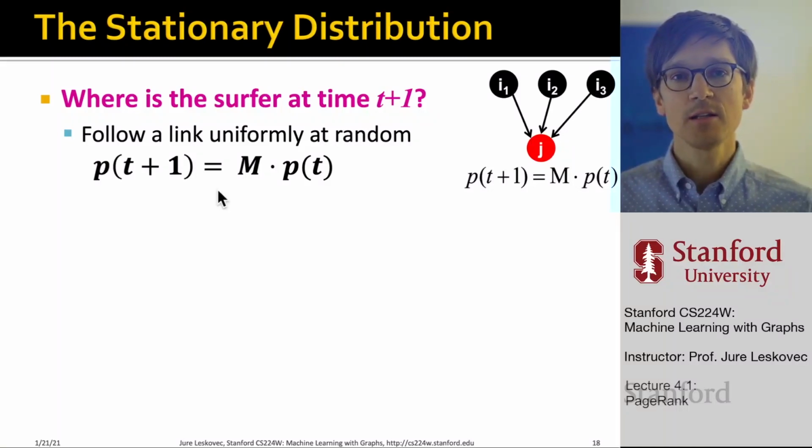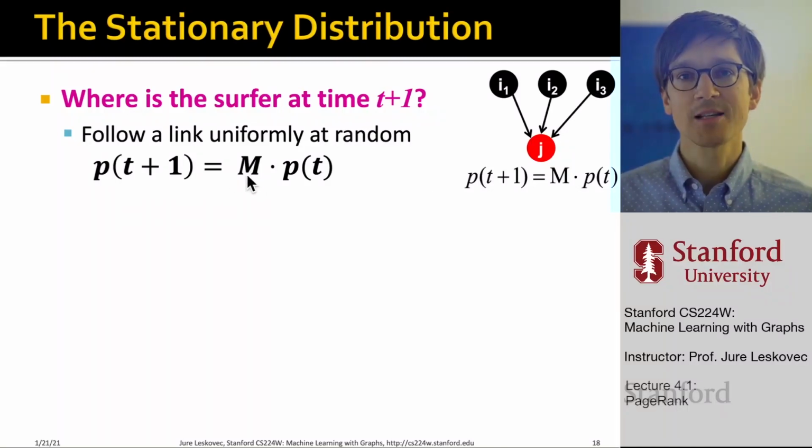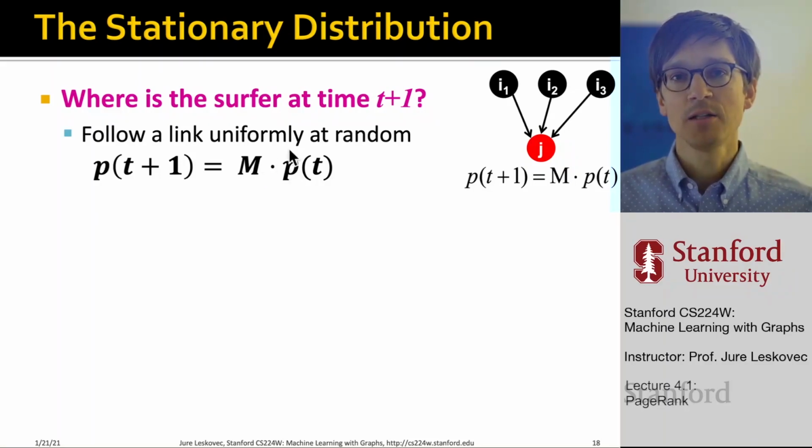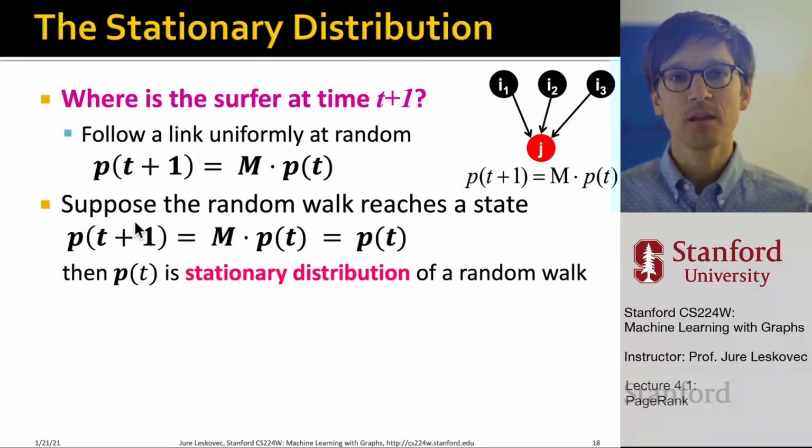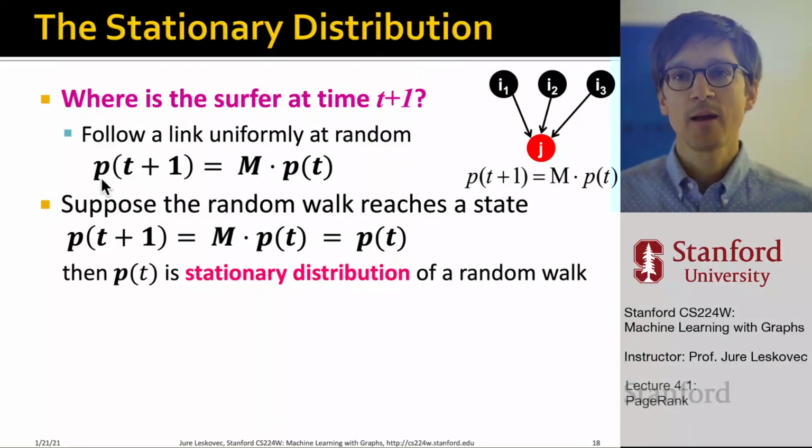So the way you can write this out is exactly the following. This is the stochastic adjacency matrix that we talked about. This is the probability vector of where the random walker was at the previous time step, and this gives me the probability distribution of where the walker will be in the next time step. So you notice how we can now say the random walker started somewhere, we multiply it with matrix M, and we get the probability distribution of where the walker is going to be in the next time step.